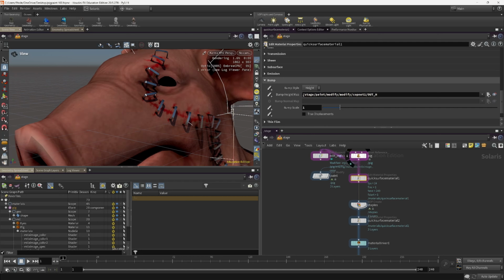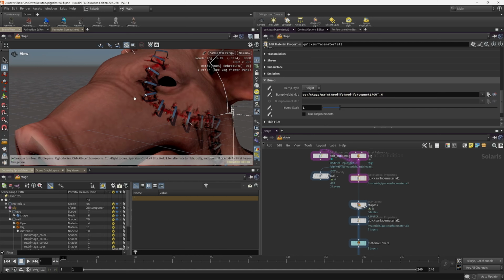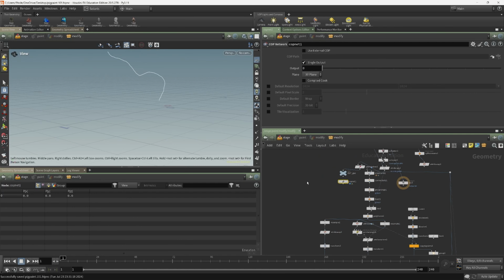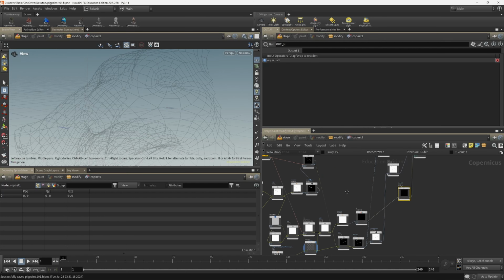But make sure that you put op in front of it. You can see it's not reading anything right now. So make sure you put op in front of that, and now it's going to read the height map. So back inside, you can see my GPU is cranking. Anyway, back inside,